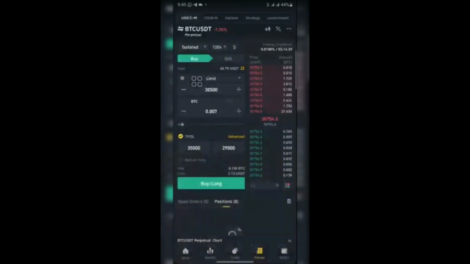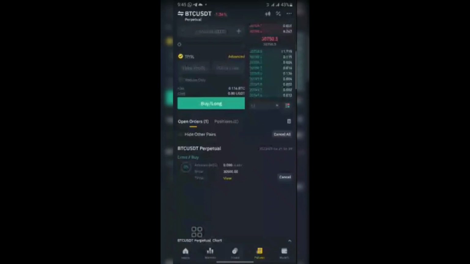I want to use $10 to enter the trade. So I've set everything. Just click on what? On buy. So you see that you have set it, and it puts it on what? Open orders. It means you've opened this particular order, but the market has not gotten to that place. So when the market gets to the place, it's going to show in this position. So click on open orders. So can you see? I can see my BTC. I want to buy this particular market when the market gets to what? 30,500. Do you understand? That's how it is.